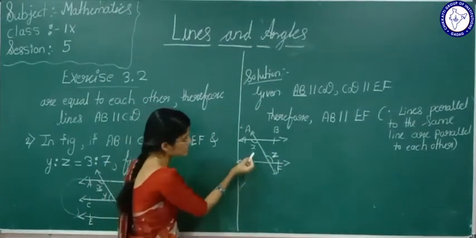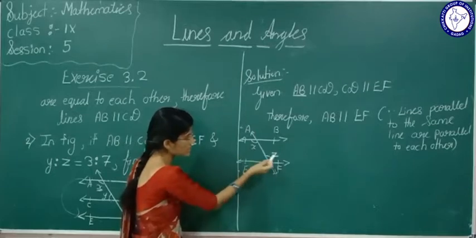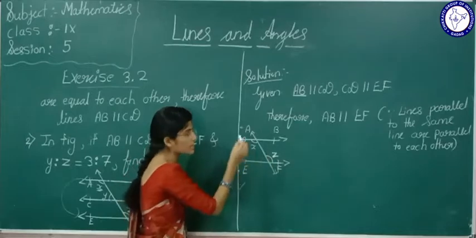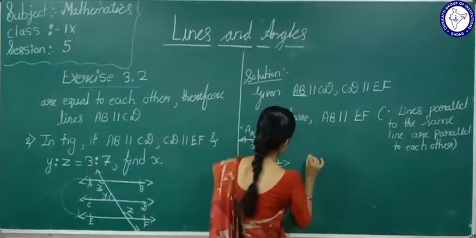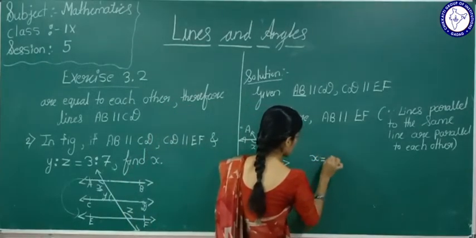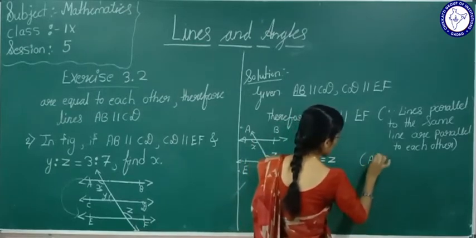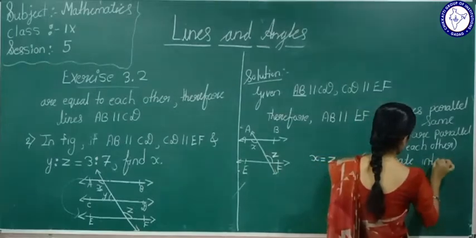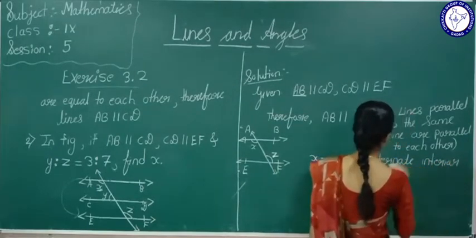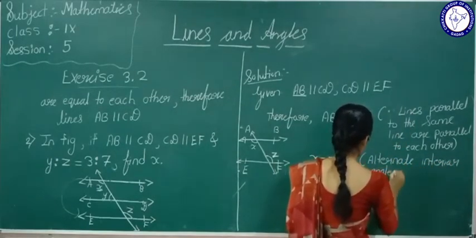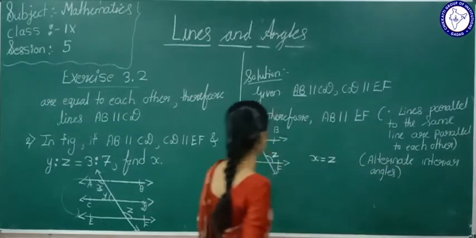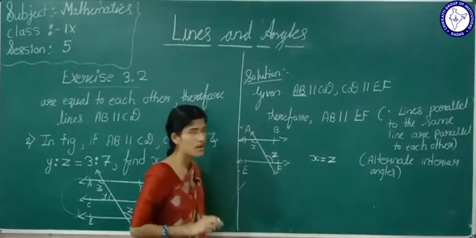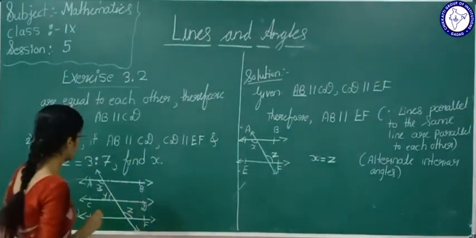Here which are the alternate interior angles? Angle X is equal to angle Z. Yes or no? Alternate interior angles are equal. What we can write? X is equal to Z. What is the reason? Alternate interior angles. X is equal to Z is alternate interior angle. So